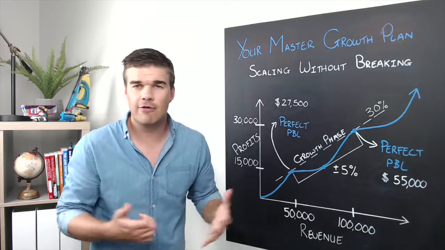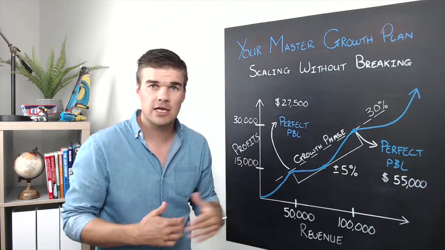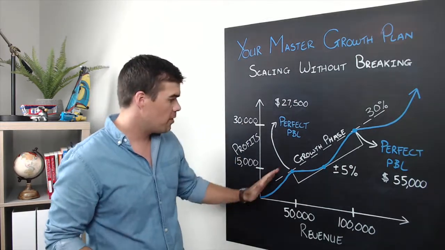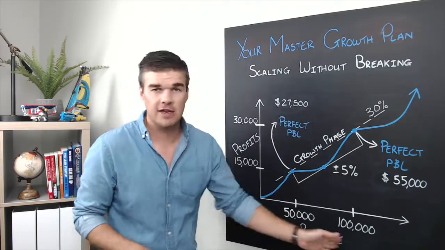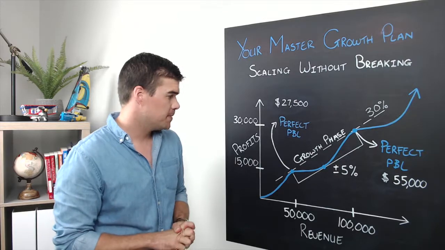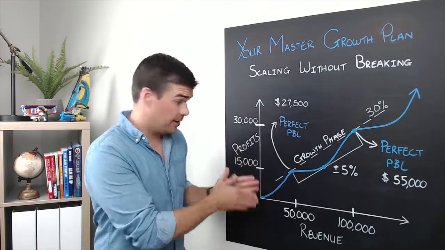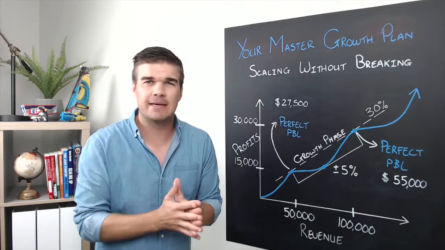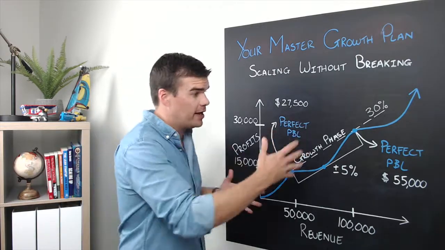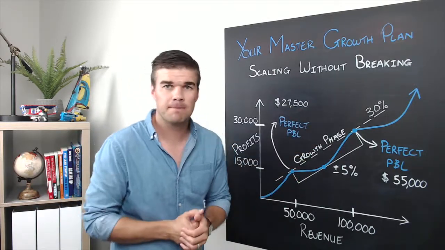Reality, though, is that never really happens because we need to start investing in things before we start generating revenue. So our profit curve does a very normal growth curve as we navigate from $50,000 to $100,000 a month in revenue. The starting point, and I'm going to talk about perfection here. I'm going to talk about getting this thing perfect, and then at the end I'll talk about the pitfalls or the mistakes that people make, that you can try and avoid running into the issues of breaking your business.